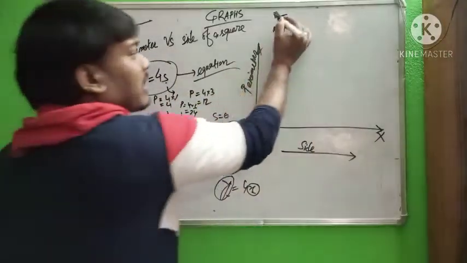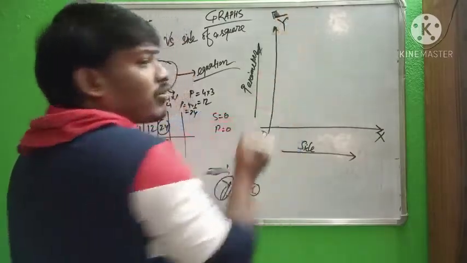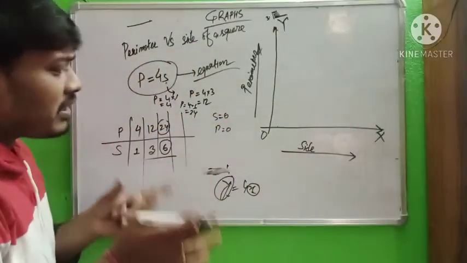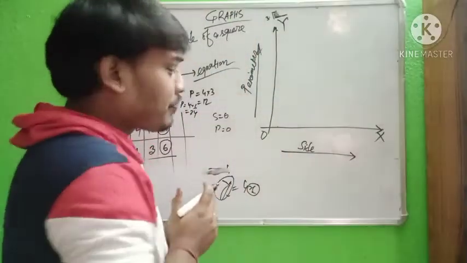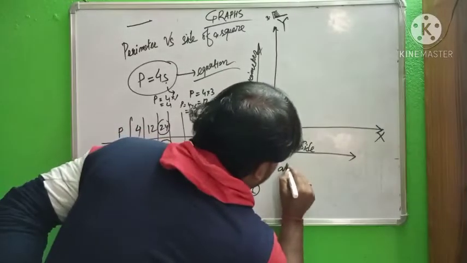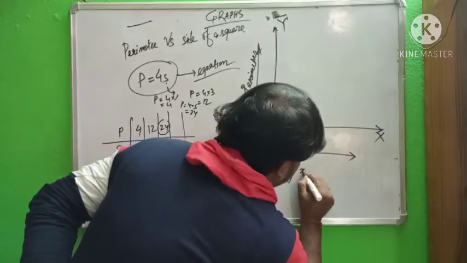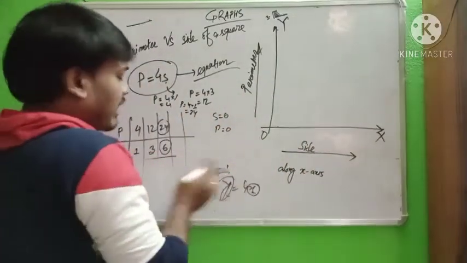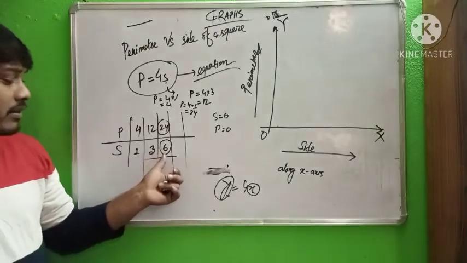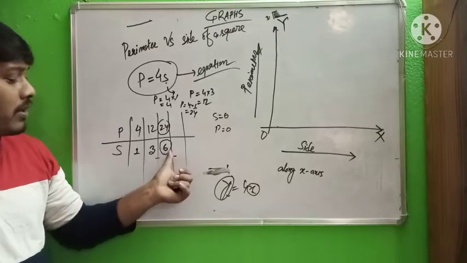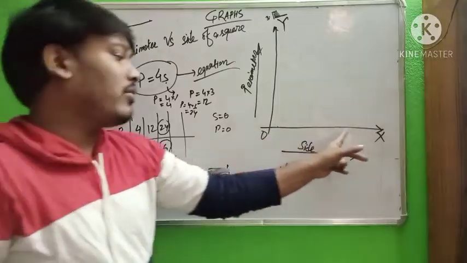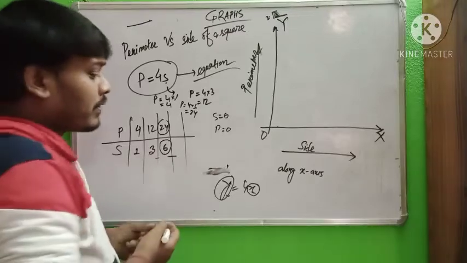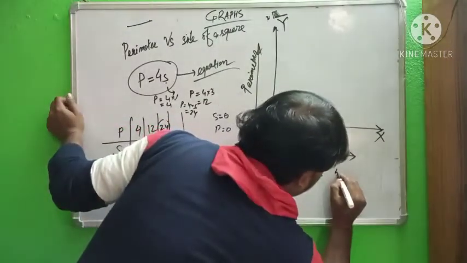In a centimeter graph it is 5 centimeter equal to 1 unit. In an inch graph maybe it is 2 or 3. As per your requirement you can take. Along the y axis we have to take values up to 6, so if we put values up to 7, then it is enough. So if here we take 5 centimeter